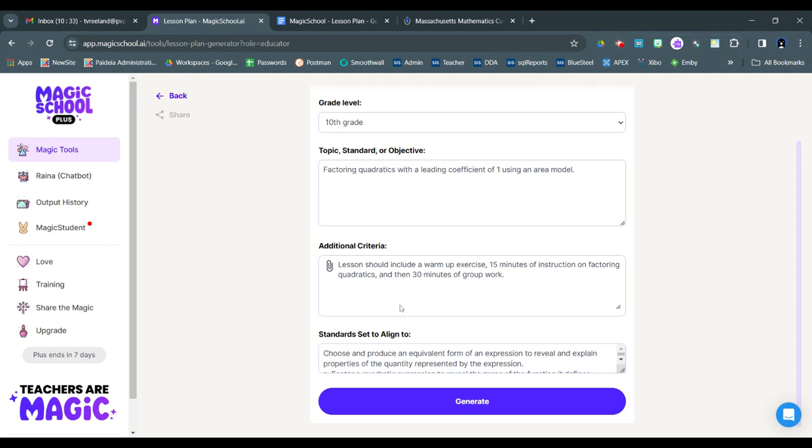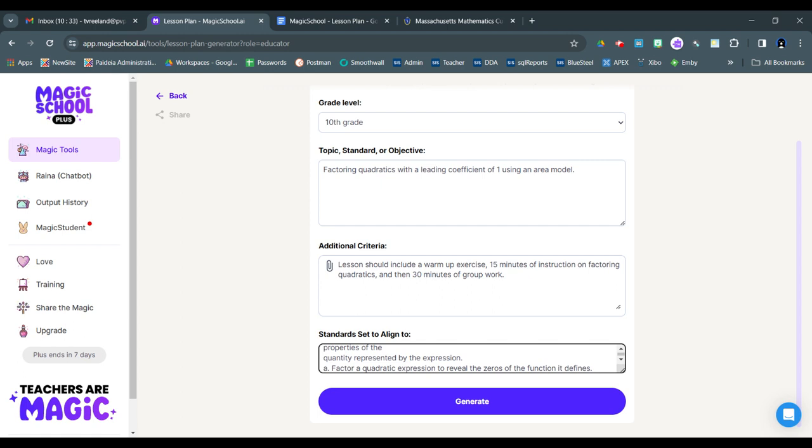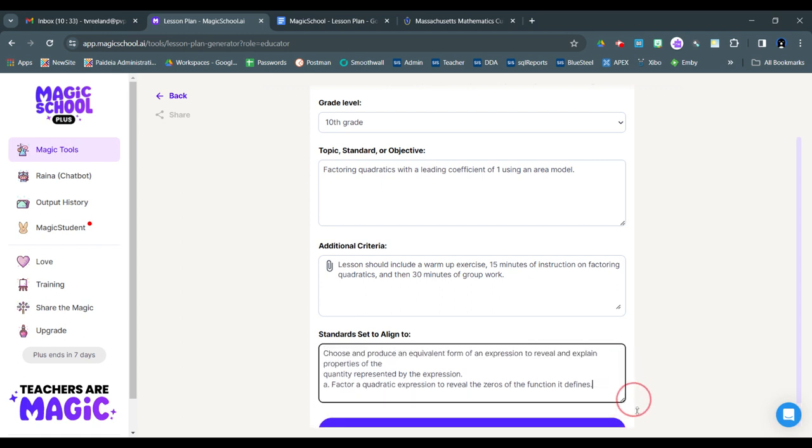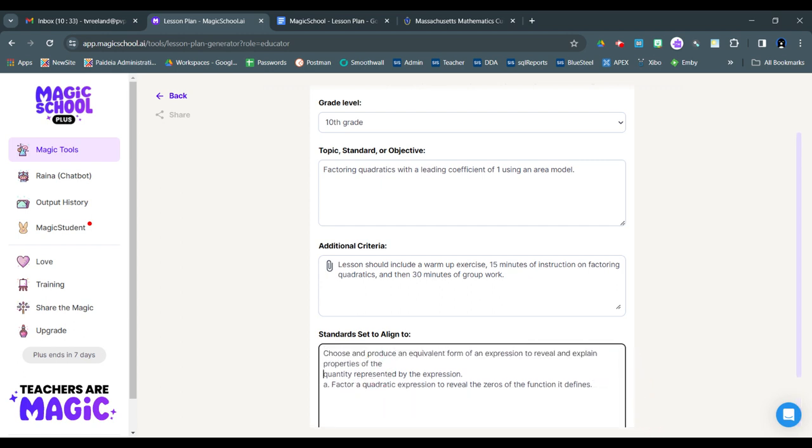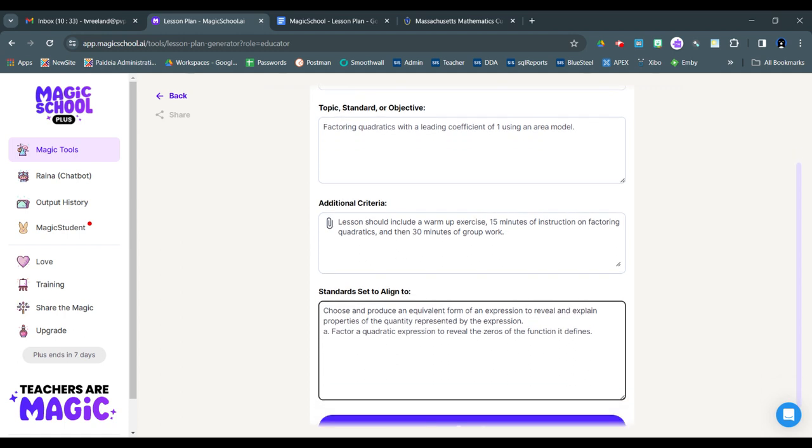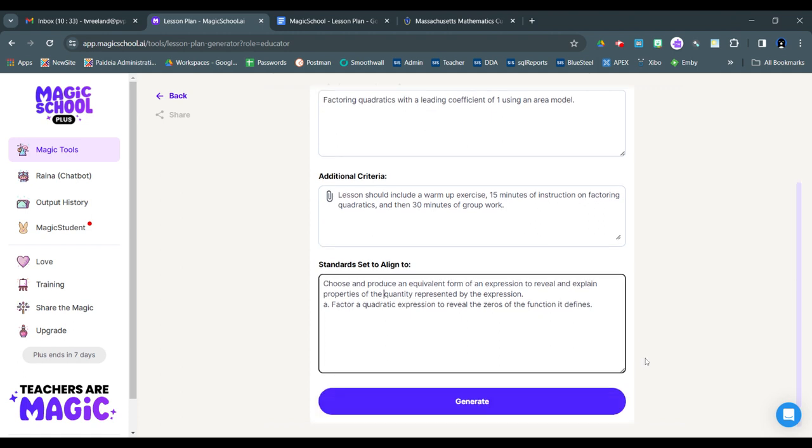Okay, sorry, I just went to the Math Core, the Math Frameworks, and I grabbed from the Algebra 1 standards: choose and produce an equivalent form of an expression to reveal and explain properties of the quantity represented by the expression, with a substandard of factor a quadratic expression to reveal the zeros of the function it defines. So if we do that,